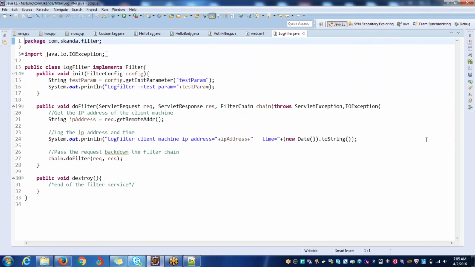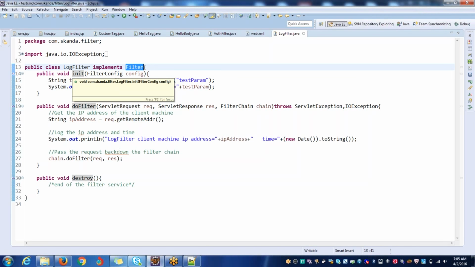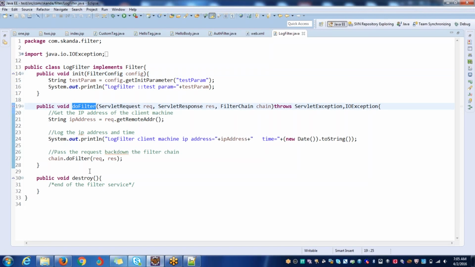Filters generally work just like a servlet. In order to make a normal Java object a filter, we need to provide the implementation for the Filter interface. This interface mainly has three methods, just like a servlet: init, doFilter, and